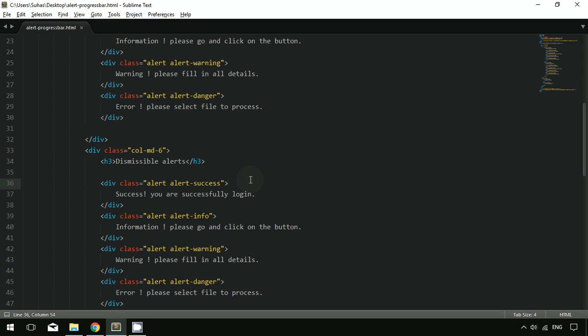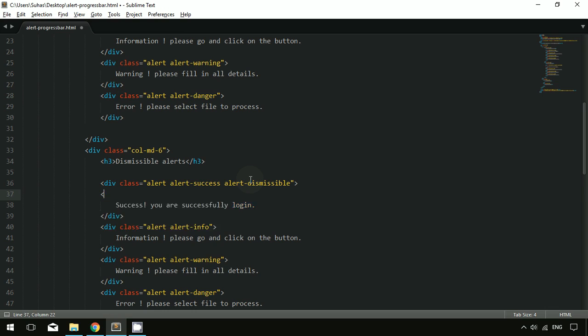So in order to do that, in the case of alert, we just have to add alert-dismissible. Okay, so make sure you spell it right. Okay, dismissible. And once you do that, you have to create one button